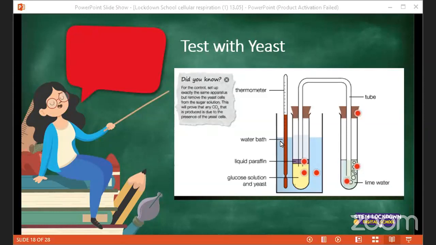And we have liquid paraffin in this particular test tube, and at the bottom of this first solution, a glucose solution, which has yeast in it and water. It also has a stopper. First of the liquid paraffin, this oil